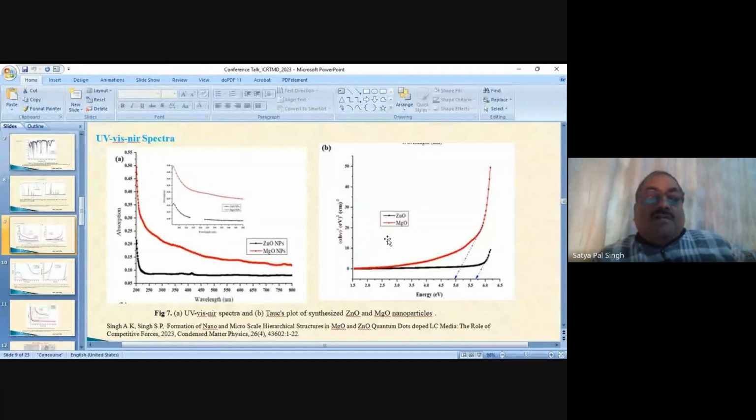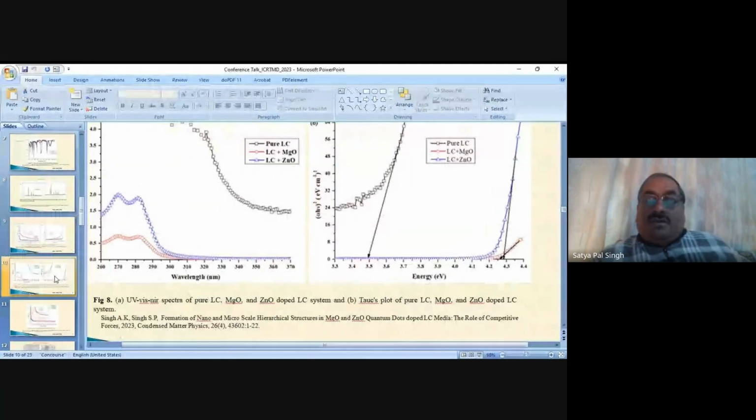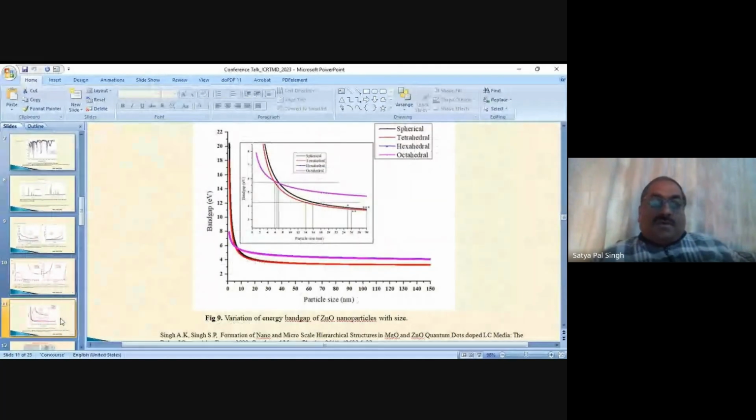Both values are quite close. You see here we have the top plot and so on. The band gap value of MgO was something around 4.95 eV, and 5.665 eV. So next thing, what we infer here, you can see there is a variation of energy